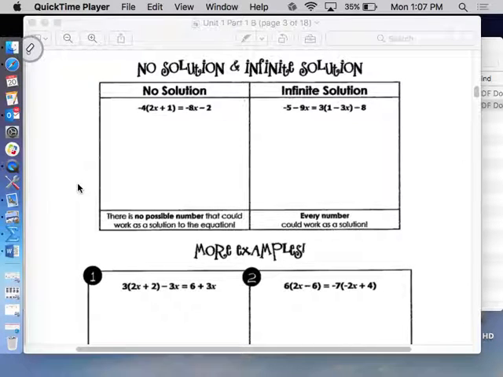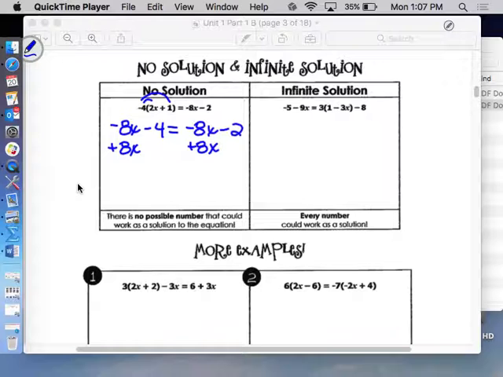Solution, infinite solution equations. So we'll start with the no solution equation first. So I'm going to go ahead and simplify this. Make sure that you distribute the -4 to both terms inside the parentheses. And then when you gather like terms, if I add 8x to both sides, then what remains is -4 equaling